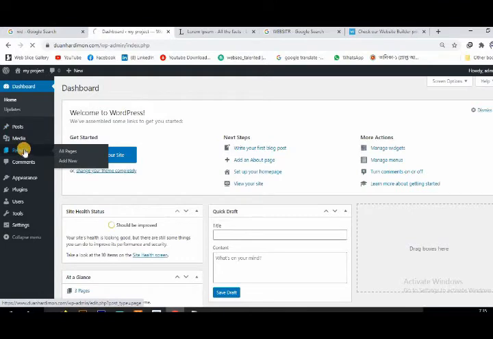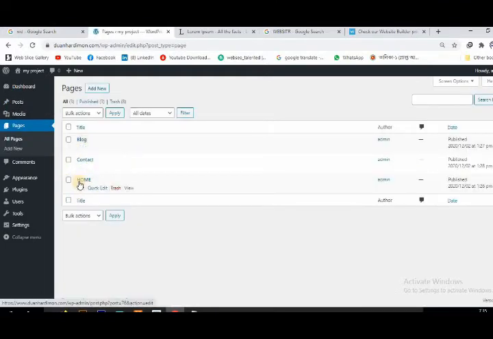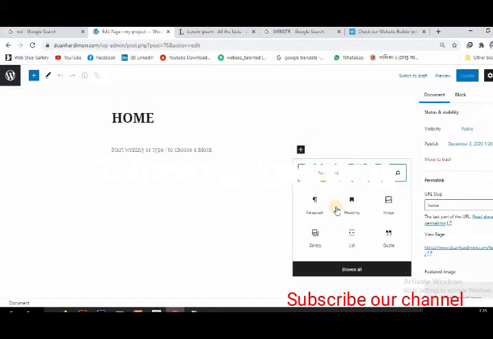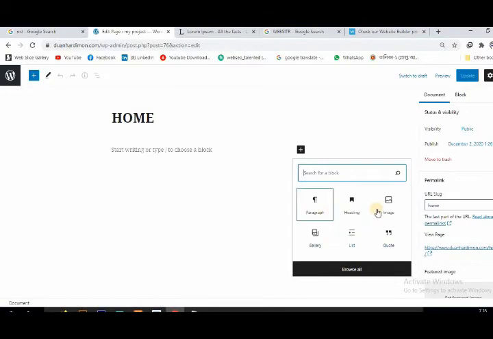Go to page, edit page, home page. Okay, now customize this page. Click here. Here is the menu system.